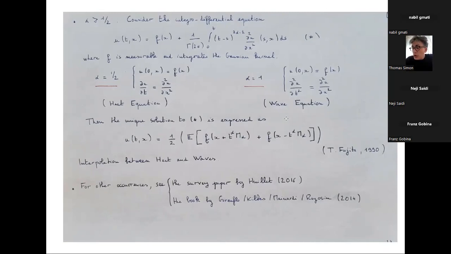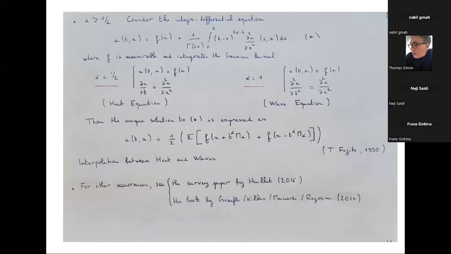So this is a very simple integral differential equation. And the unique solution, when you have an initial data which is integrable enough, it is simply sufficient that it integrates the Gaussian kernel, then the time-space solution of this integral differential equation is given as, well, it really looks like D'Alembert's solution to the wave equation, but it is expressed in terms of an expectation of a process involving 2 copies of the Mittag-Leffler random variable. So this was observed by Fujita